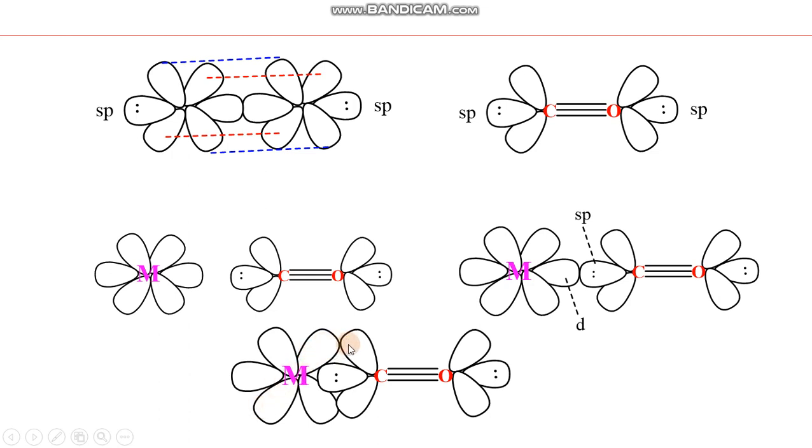If the metal is electron rich, then carbon monoxide will be capable of accepting electrons from the metal. And this type of bonding, where carbon monoxide donates electrons through a sigma bond but accepts electrons through a pi bond, is called back bonding or synergism. And on the basis of this synergism or back bonding, the carbon monoxide ligand, as the title of the chapter says, is a pi acceptor ligand. So it means carbon monoxide is a pi acceptor because it donates electrons through a sigma bond, but it accepts electrons through